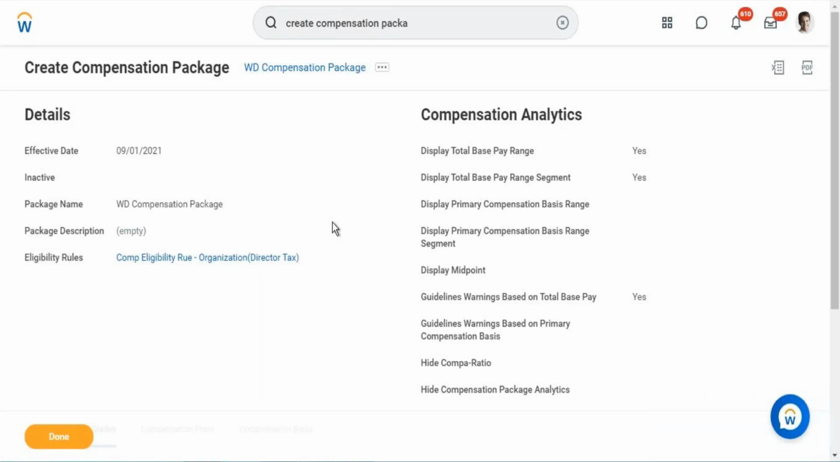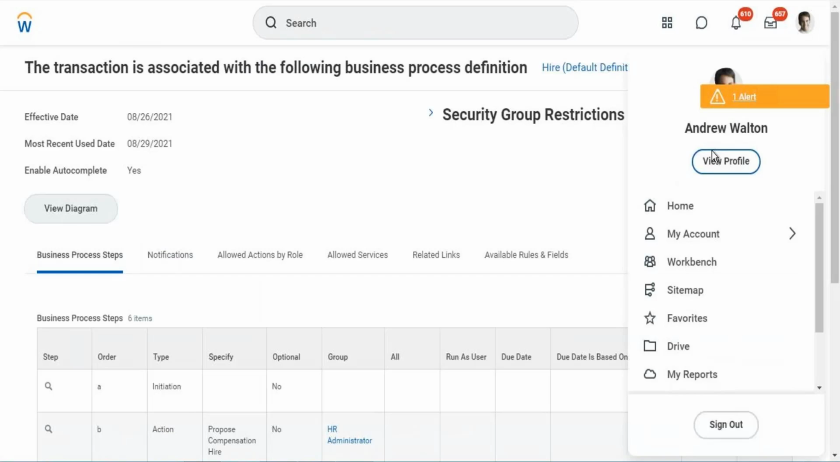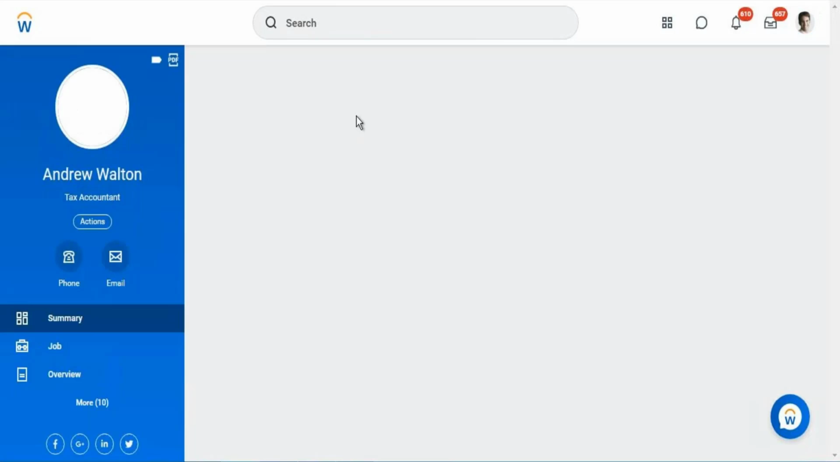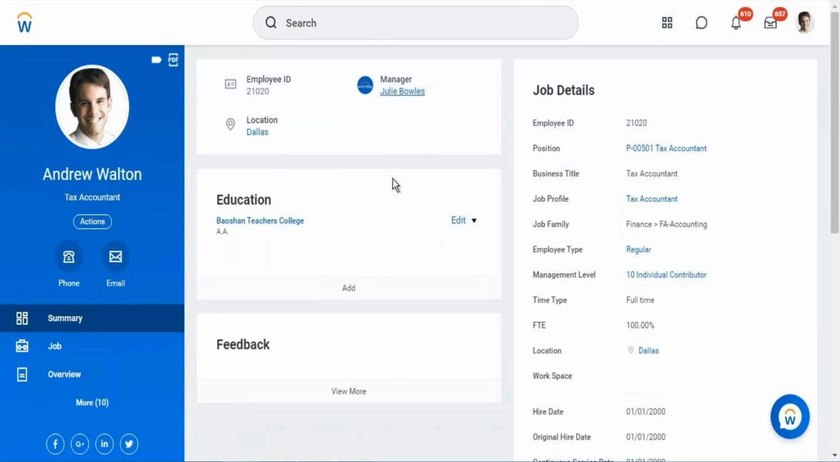This is the job profile with which this compensation grade has to be attached, and when the recruiter is taking that through the hiring process, that particular grade pay range that would have been defined in the grade will be offered to that employee. And similarly, the package we have created will be attached to that employee's compensation package. If you go to the employee profile, we have seen, we go to Julie Bowles,